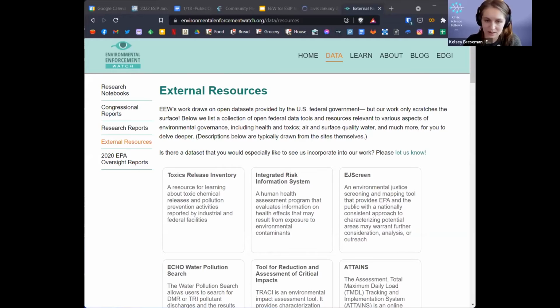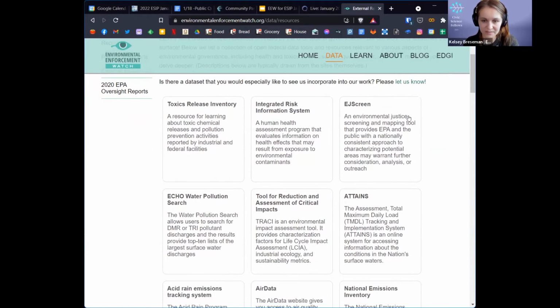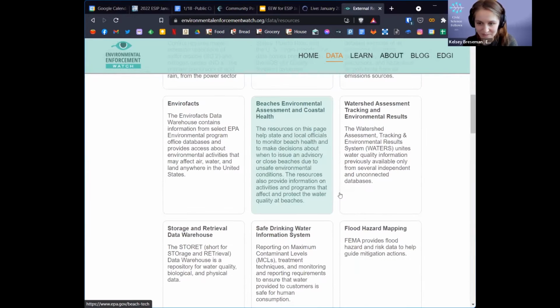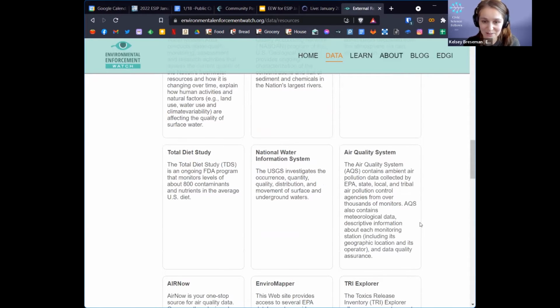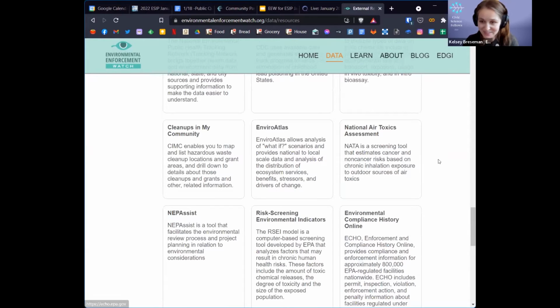But we're looking at data portals and federal data tools, and this is a way of exploring different EPA and other federal government branch accessible data tools. And as I believe someone noted in the notes, there are so many of them, and it's very confusing. But we have them, at least they're on a page.